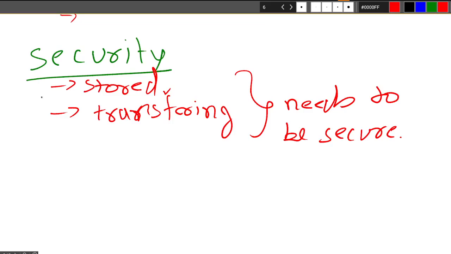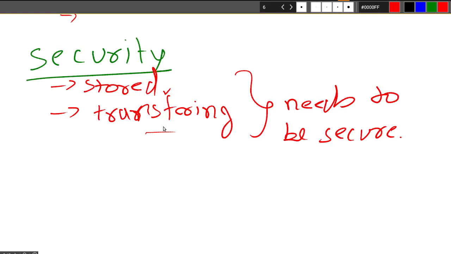If the data is being transferred, since the distributed system is a network, the data has to transfer from one place to another, and it may also move on the internet. Such information traveling on the internet is prone to attacks.